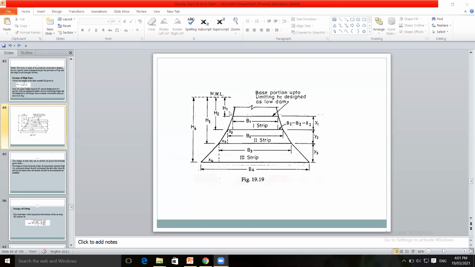H1 is the height below maximum water level up to this base portion, up to the limiting height, designed as low gravity dam. Up to